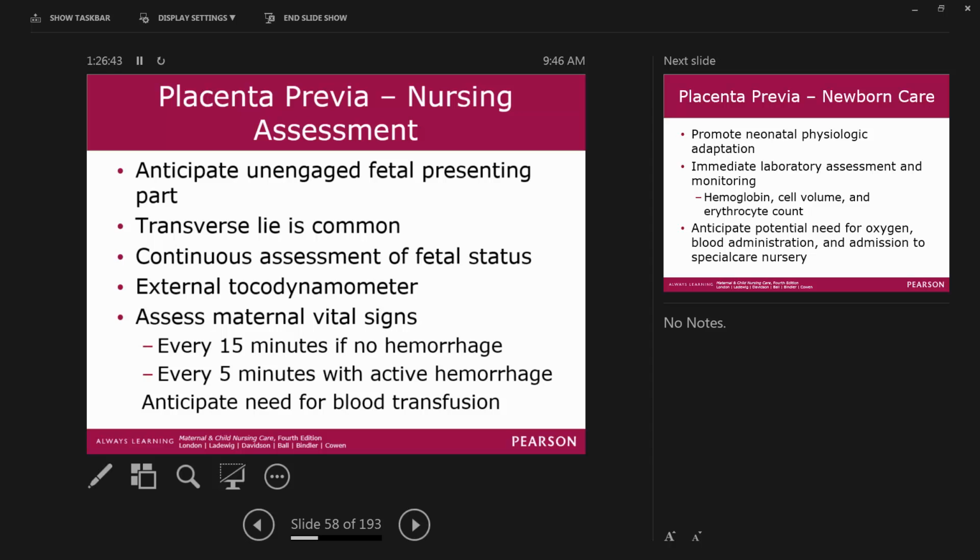Usually because that placenta is down there, depending on where it is, it affects the way the baby stations herself. Usually those babies are transverse. So if she is in labor, she's now considered a high-risk patient. So she's on continuous monitoring by most protocols, and then we're constantly assessing mom's vital signs